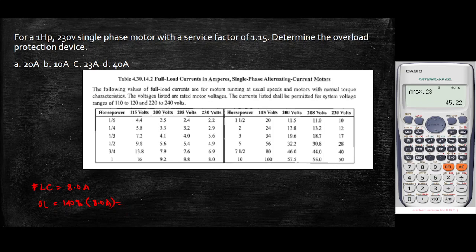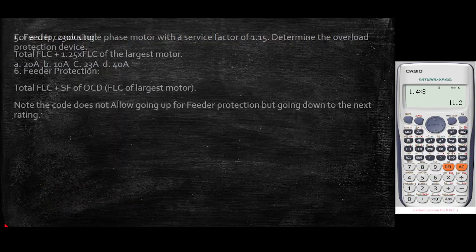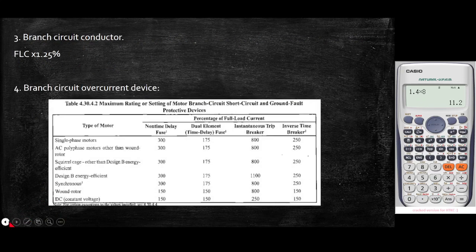So using our calculator, so we have 140, that is 1.4 times 8. So the answer is 11.2. Yan. So 11.2 amperes. So ito yung answer. Now for this one, kita yung last choices. So maybe ang overload protection device nito is separate. So if separate yung overload protection device, so this will be